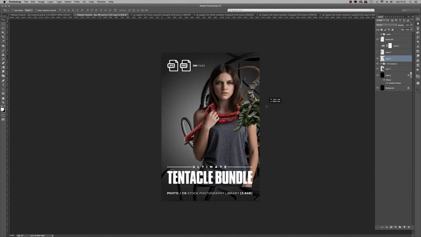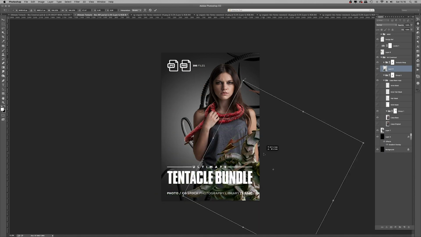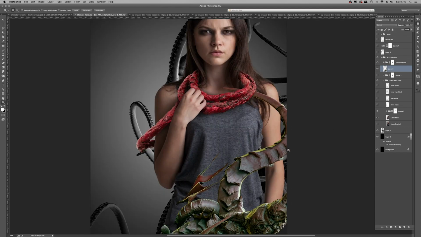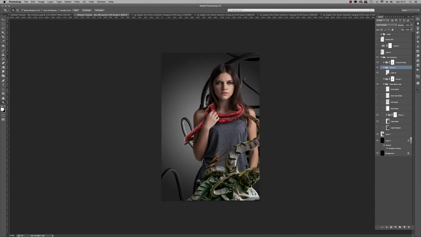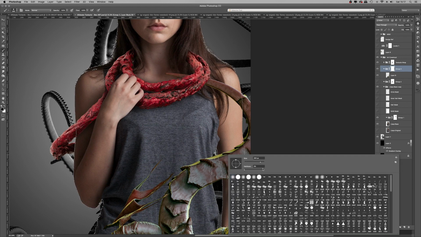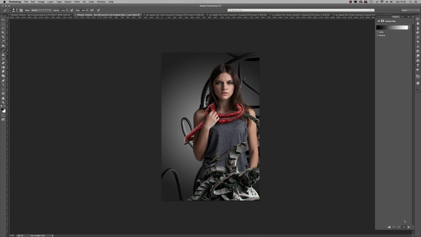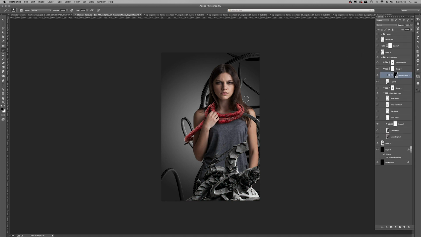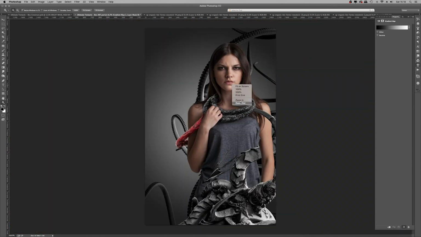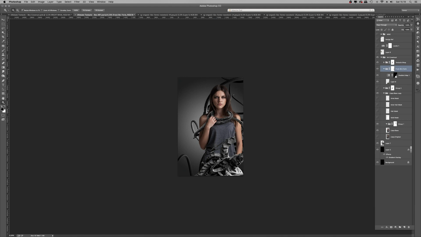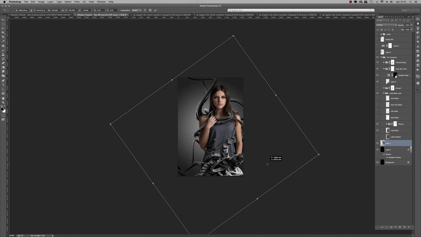The purpose of this particular piece was just to demonstrate the different elements that we have available in this Ultimate Tentacle bundle. So the main brief for me really was to ensure that we had the photo stock tentacles, the organic bioforms, the CG tentacles and the organic tendrils all in one piece with a model, just to create something that's a bit more interesting than a single tentacle on a product box. I don't think that would really inspire people.